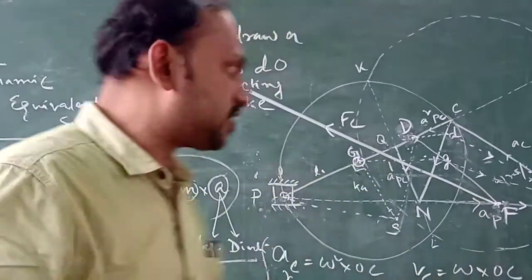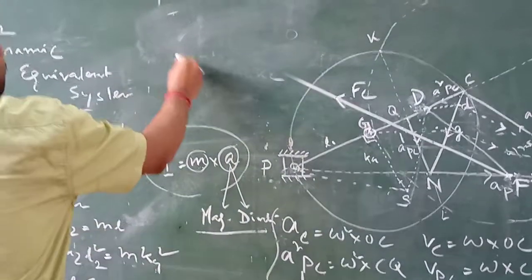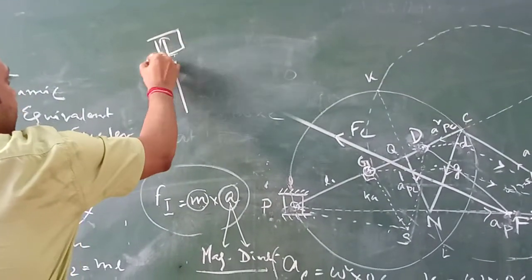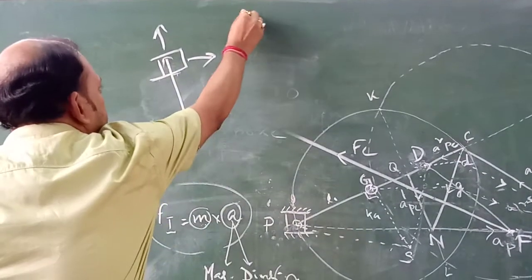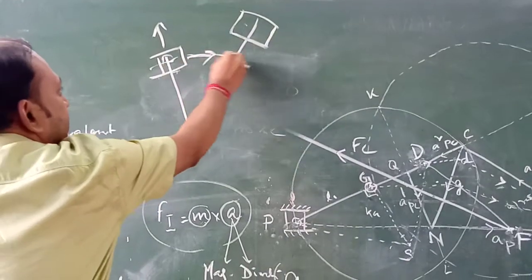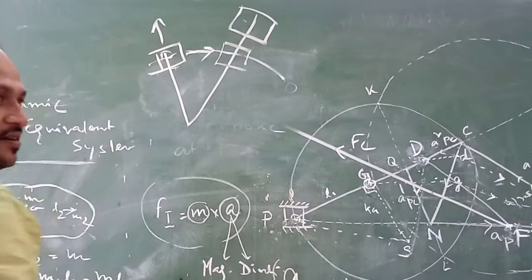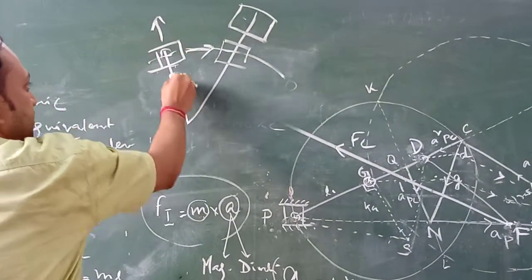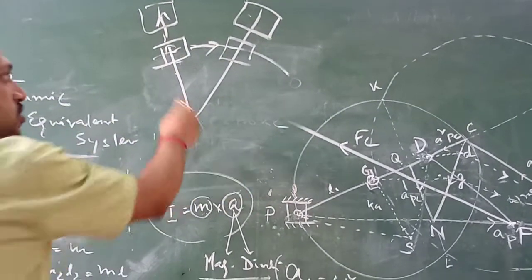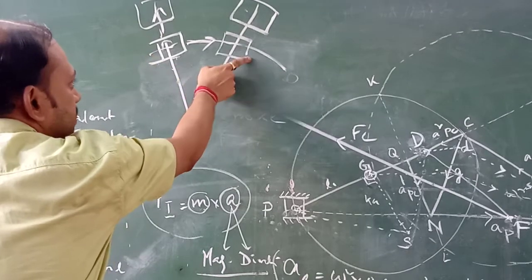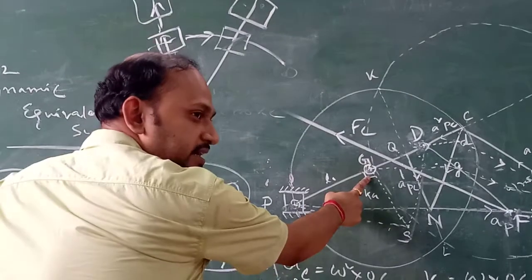But if it is having a mixed movement, like this, there is a link which is translating as well as rotating. So at the next level, the position of the link will be here. You can see why. If it is purely rotating, it should have been here. Or if it is purely translating, the link should be here, but it is not happening. So both things are occurring simultaneously. There is a rotation, there is a translation. So the body gets shifted to some point.